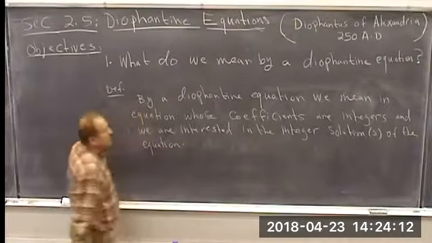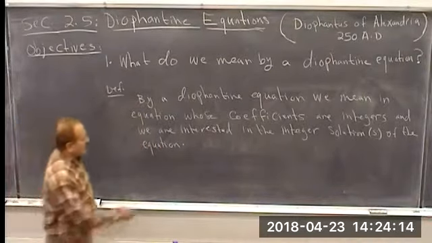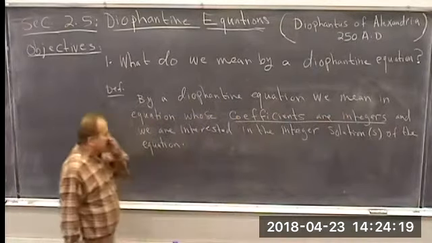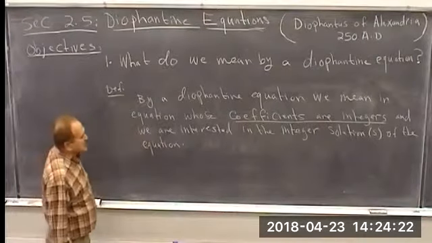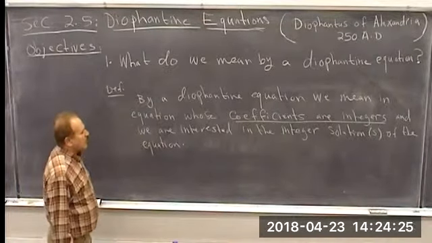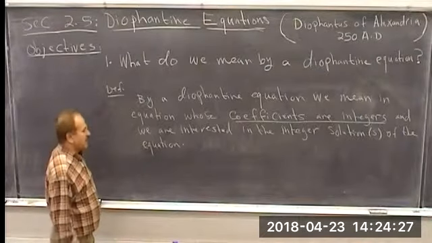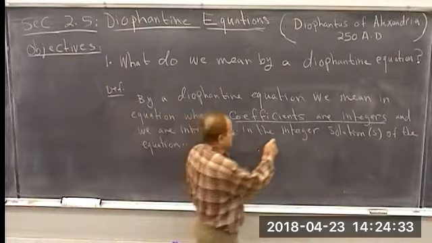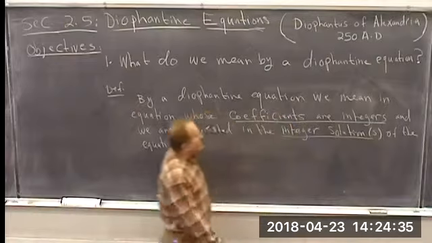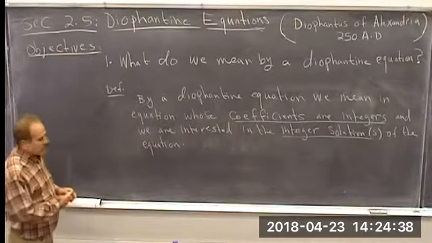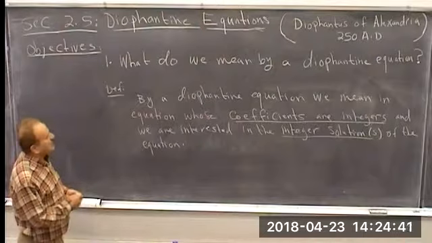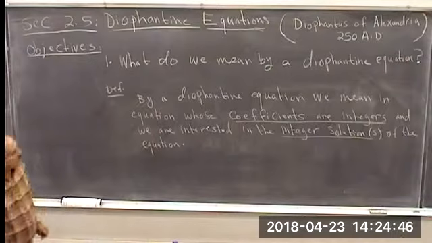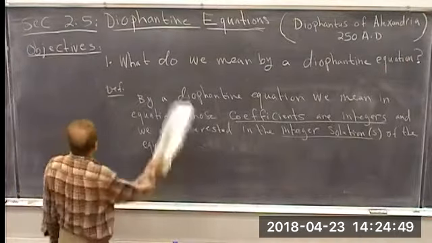So there are two key words in here: the coefficients being integers, okay, and the type of solutions that we look at when we talk about an equation being a Diophantine equation, which is that the solution is to be an integer, okay. So these are the two keywords that characterize what a Diophantine equation is. So let's just start with the simplest type of Diophantine equations,